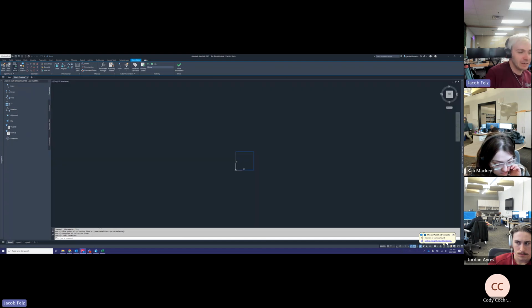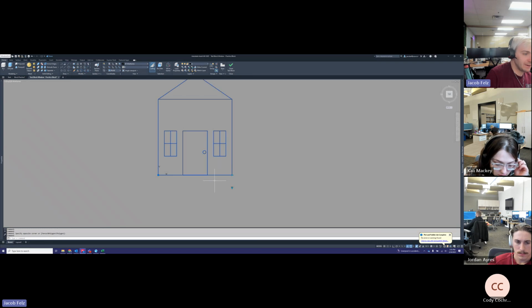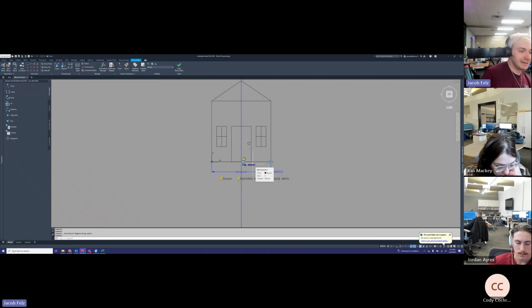Now, one thing that is kind of goofy, and we might have to modify this slightly, is that in the block, if I stretch the house and then I go to mirror it, oh, I didn't set an action to it. Hold on. Whoops, my bad. I got a step ahead of myself there. All right. So I put in the flip state, which again, that's just the button. It doesn't have any action assigned to it until you tell AutoCAD that you want it to have an action. So we set in the flip parameter. We need to set a flip action to that parameter so that way it knows what to do. We're going to select